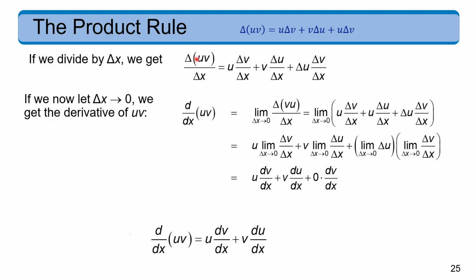This is like change in y over change in x. The derivative is the limit of that quotient, that difference quotient. So when we take the limit of the left side as delta x goes to 0, that becomes the derivative of the function in the parentheses. So we have derivative of uv. The dx means that it's with respect to x. Now on the right,